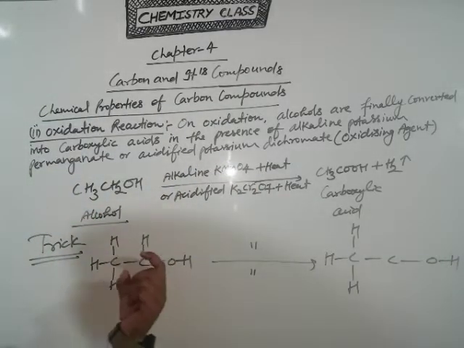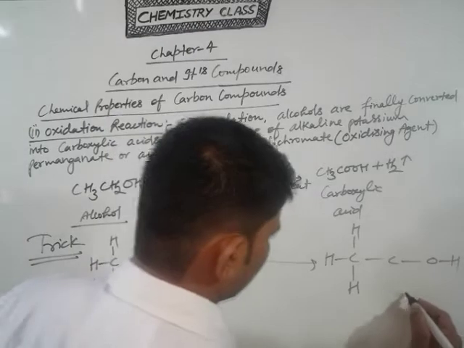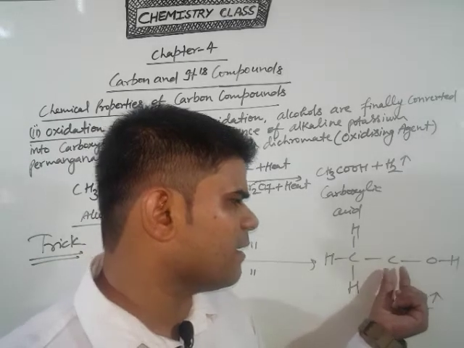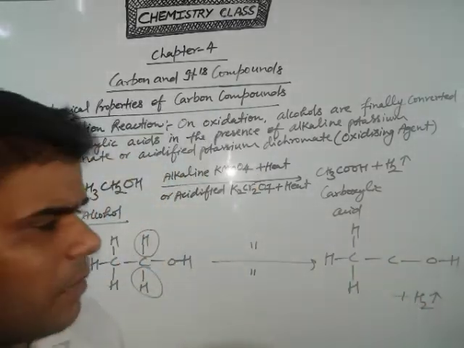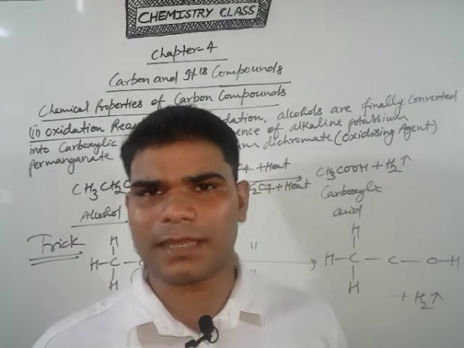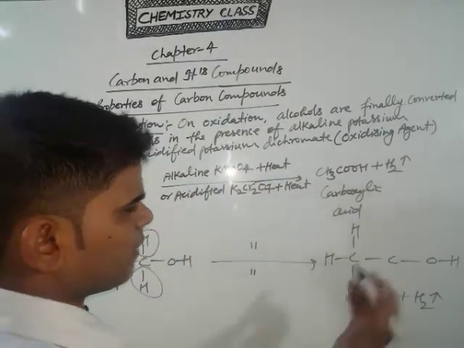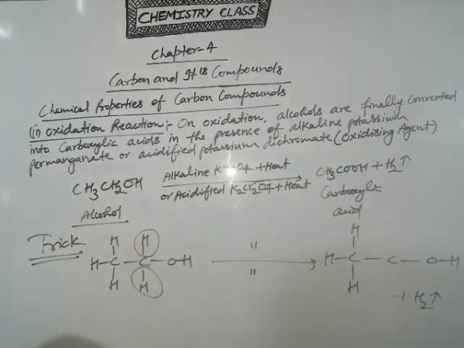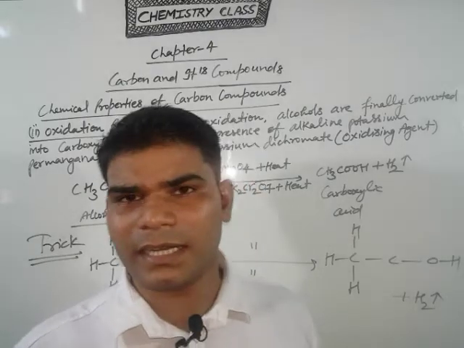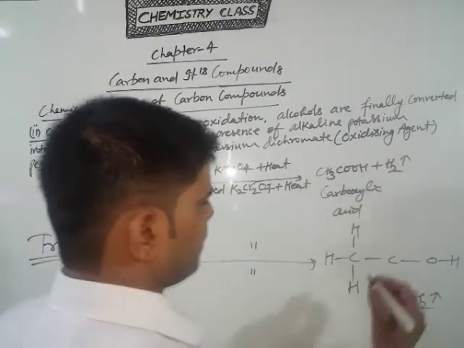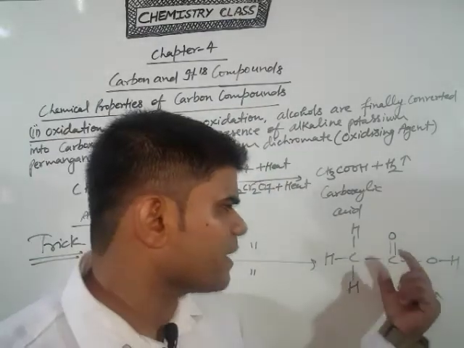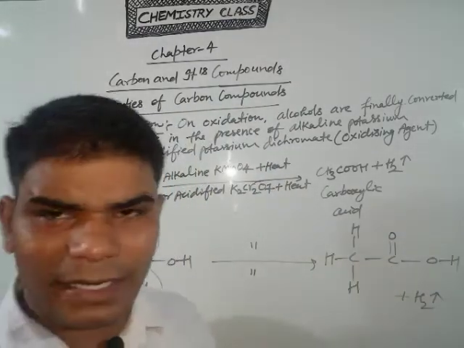So students, if we remove this hydrogen, hydrogen means like H2 gas. If we remove this hydrogen, this carbon atom is left like that. But we know that a carbon atom forms a maximum of 4 bonds, so another atom is required here. In this case we are using an oxidizing agent, and the oxidizing agent also provides the oxygen atom, and we know that oxygen valence is 2. So you can arrange it like that.